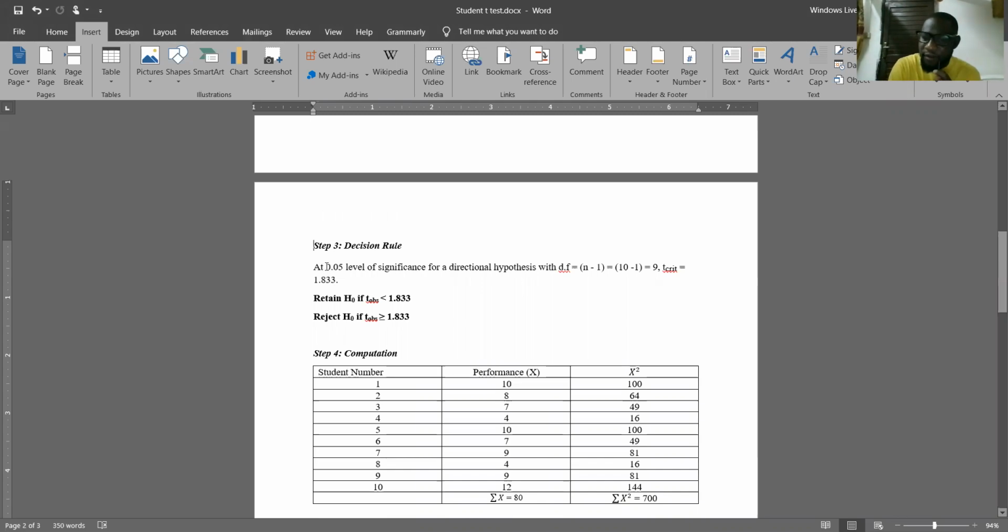The way I have formulated it, I'm telling my reader that my level of significance is 0.05, my hypothesis is directional, and this is the degrees of freedom that I had. Hence, I'll be using a T critical value of 1.833. So after you've generated your T critical,